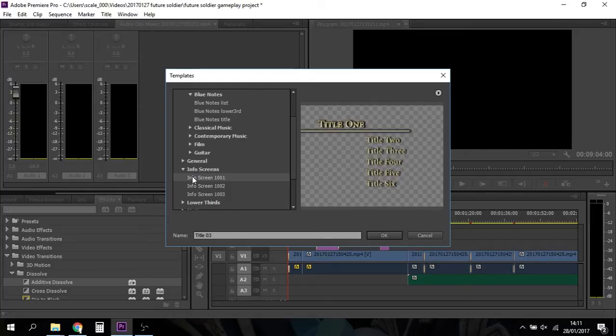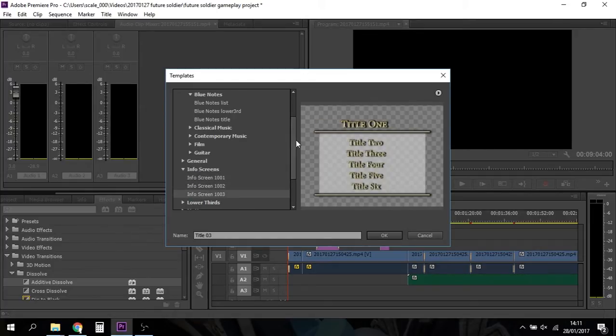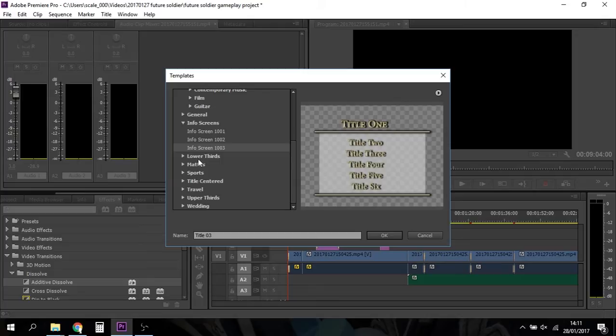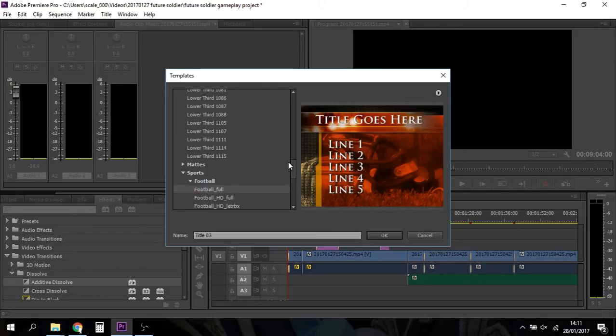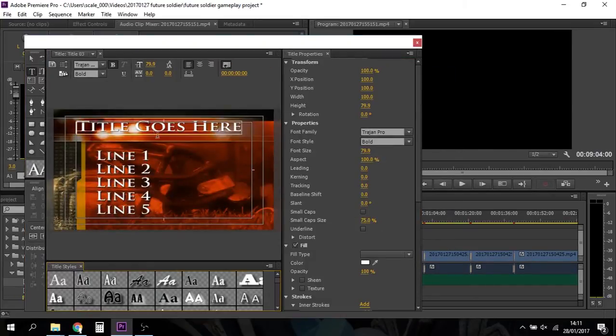Information screens, info screen 1. They're very sort of early, well, late 90s kind of title. We've got loads of lower thirds. We're not going to worry about that. Sports, football full. There we go. Let's say okay to that one. So title goes here. So we're on the text. Let's select that and go